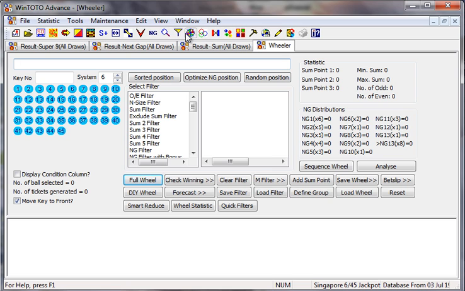Now, for members who have just joined us, in version 3.2 we have this particular feature known as the reverse scan. Allow me to spend a little more time to explain what the reverse scan is, because it is actually a built-in artificial intelligence that studies the results when you update them, to find the very important or very likely potential numbers to appear for the coming draws. I must say it's not randomly picked, because it goes through a very serious and very thorough way of picking the numbers.